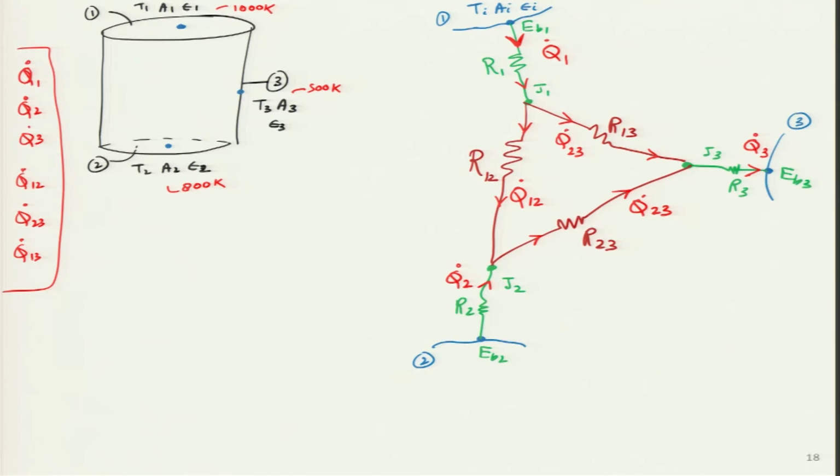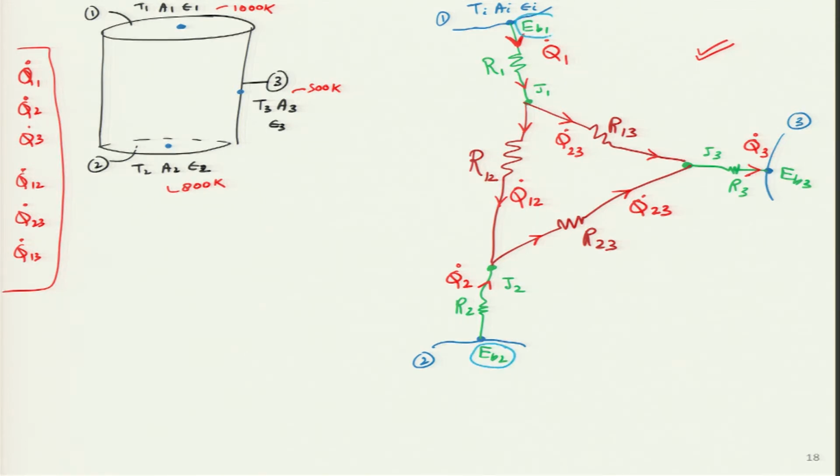So, I can put, just to begin with, all these red arrows over here in any one direction, and if the value turns out to be negative, then we will figure out that it is going in the other direction. Which means over here we will have a set number of equations and the same number of variables, and we will be able to very easily solve this whole exercise. How? Because these things are known to us. All the known values I am going to put in blue.